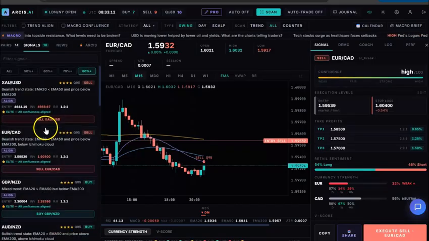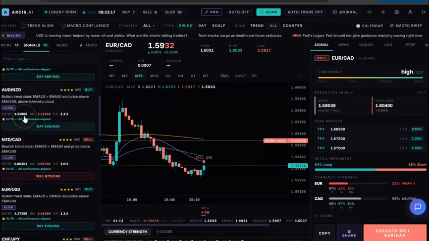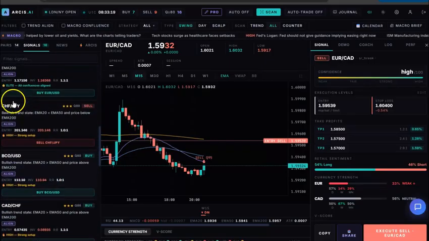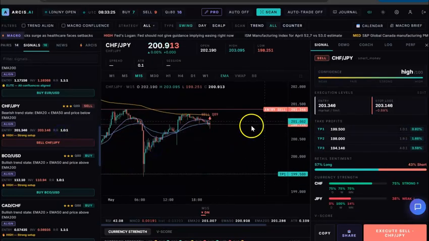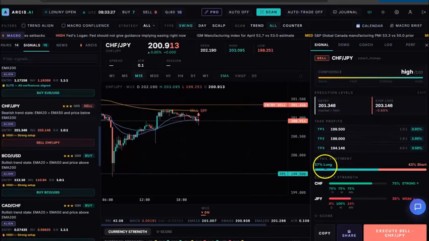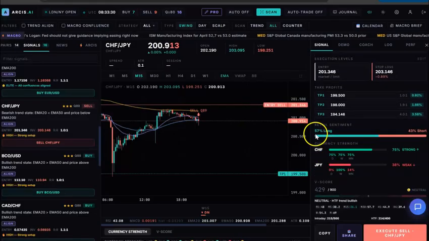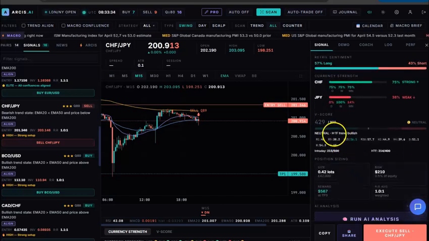So preferably you only want to be trading the elite signals. You also have high, strong setup. If you want to look at a strong setup, you kind of just want to analyze the market a little bit yourself. See where retail sentiment is going also, which currency pair is stronger, and in intraday,